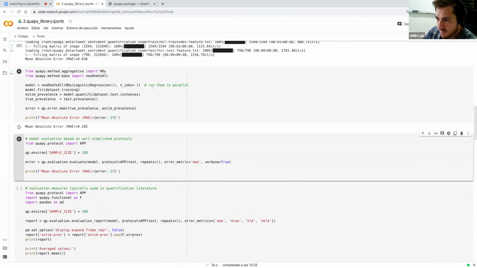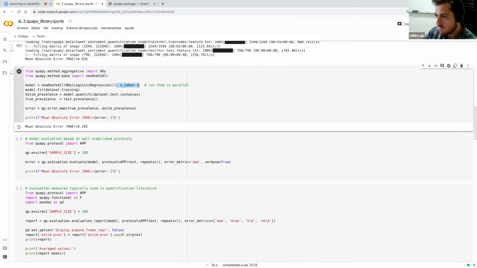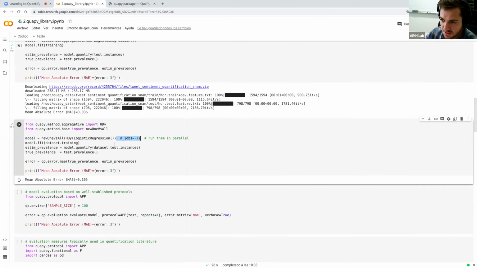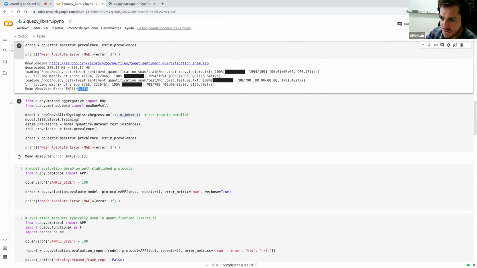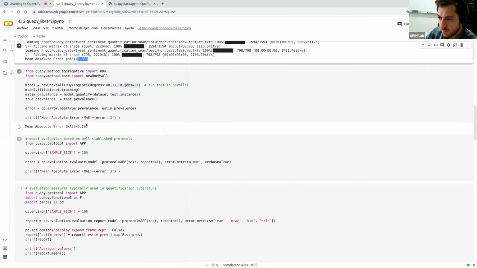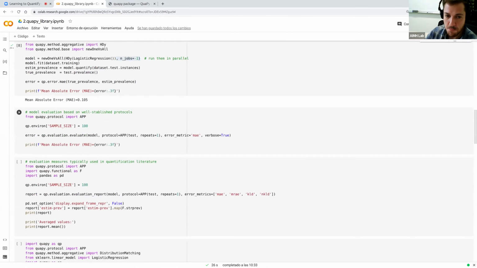In Quantify you can usually indicate n_jobs=-1 when there is something that could be parallelized, in order for Quantify to run them in parallel. Okay, so this method produces an error which is significantly higher than ACC for this dataset, 0.1 in terms of MAE. Okay, but